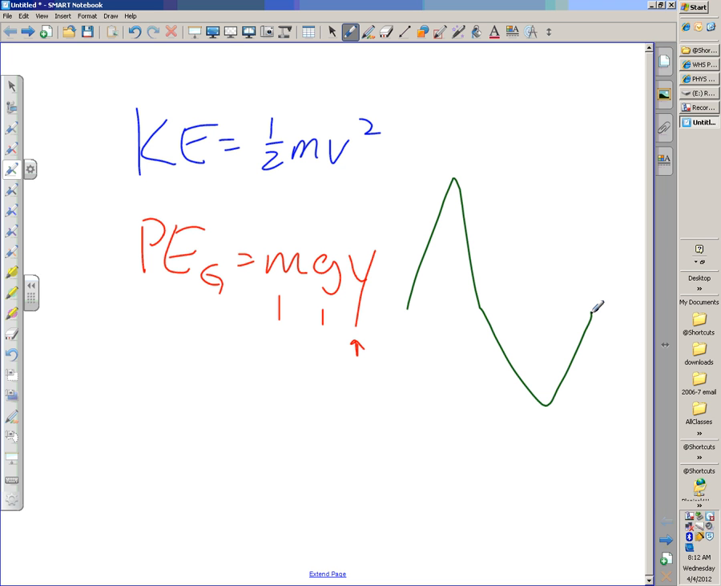All right, and then one last thing. We talked about elastic potential energy, and elastic potential energy being 1/2 kx squared, right? Where the x value,